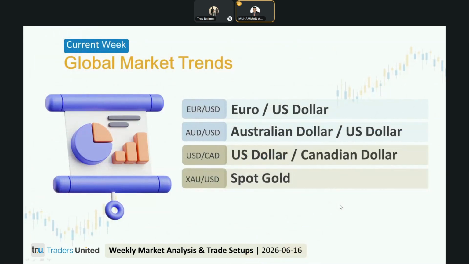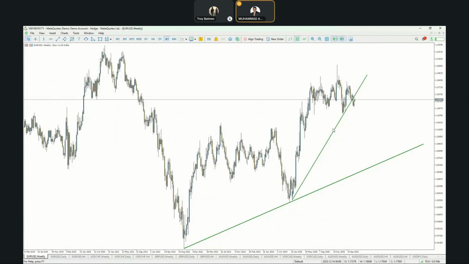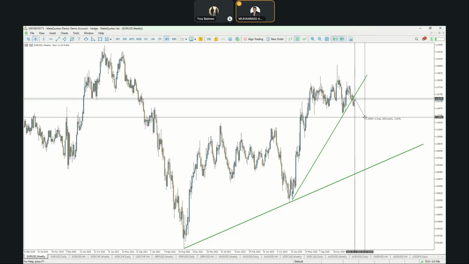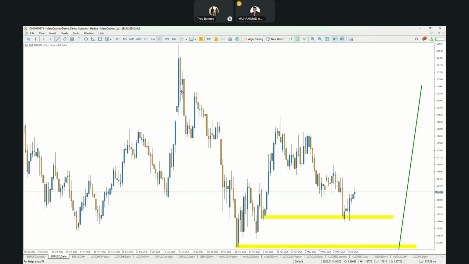Now, let us take a look at current week Forex market trends. First one is the Euro USD, then I will also talk about AUD USD currency pair. So regarding the euro dollar currency pair, the trend is up over here on a long-term basis. However, we got this break of this trend line, so market might try to push lower over here. So in euro dollar daily time frame, we might get a drop in price action.